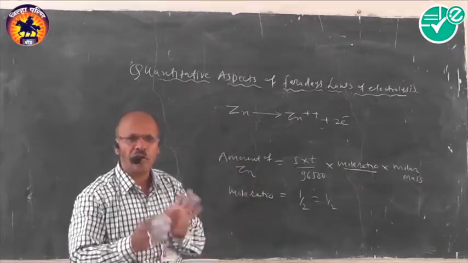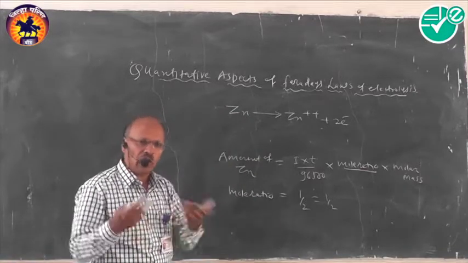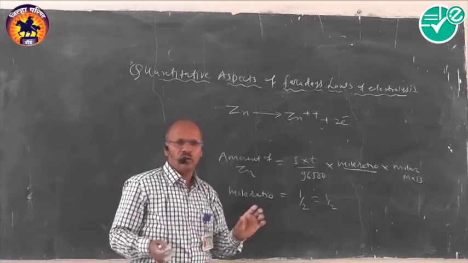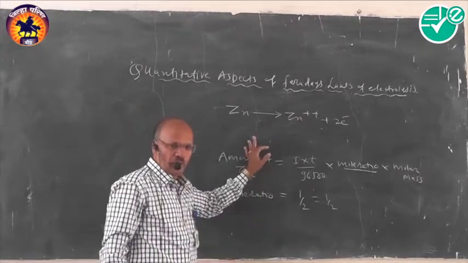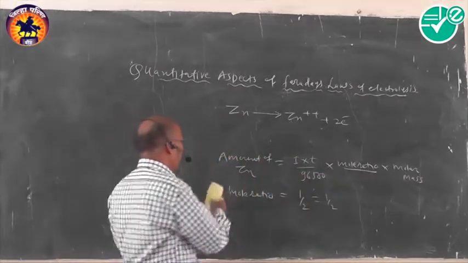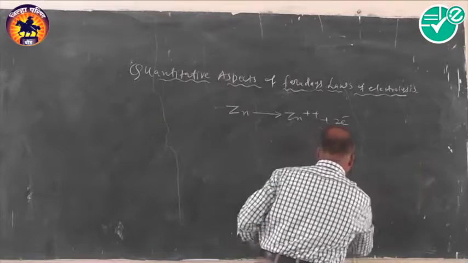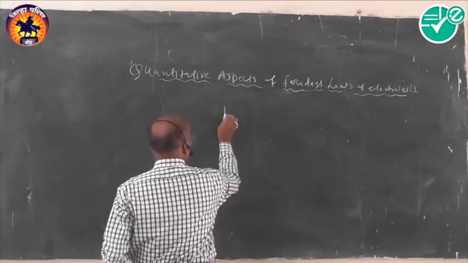So it is the quantitative aspects of Faraday's laws of electrolysis. For the second law, we can just know the moles of any reactant or product by comparing it with the mole ratio. That's a very simple one, particularly for Faraday's second law of electrolysis. Check yourself. For Faraday's second law,